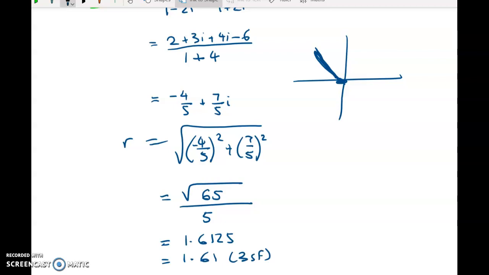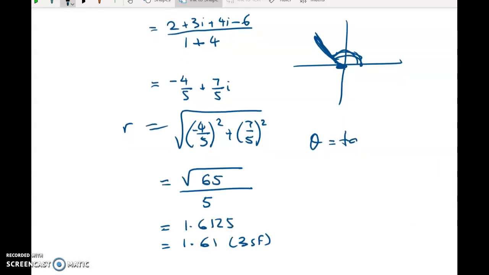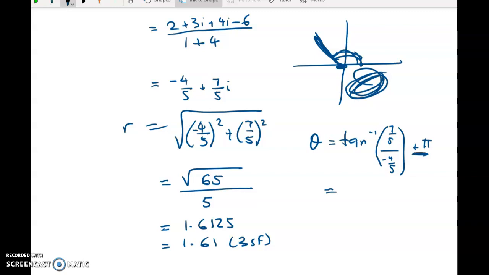Okay, now let's take a look at theta. So we can see that it's in this quadrant over here. We know that we're going to start off by doing tan inverse of b over a, so 7/5 over negative 4/5. But that answer is going to give me something down here. So we have to add pi on to that number. Now, if you forget to add your pi on and then you take a look at your graph, you'll see straight away that you've screwed it up. So here it's tan inverse of negative 1.75. And that gives me, once I've added on the pi,